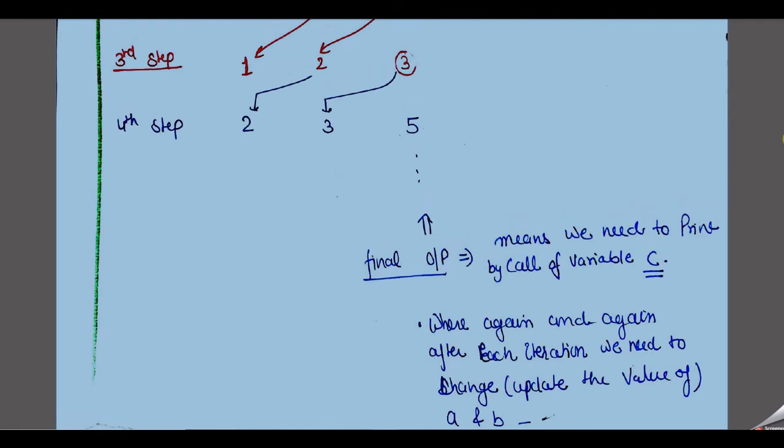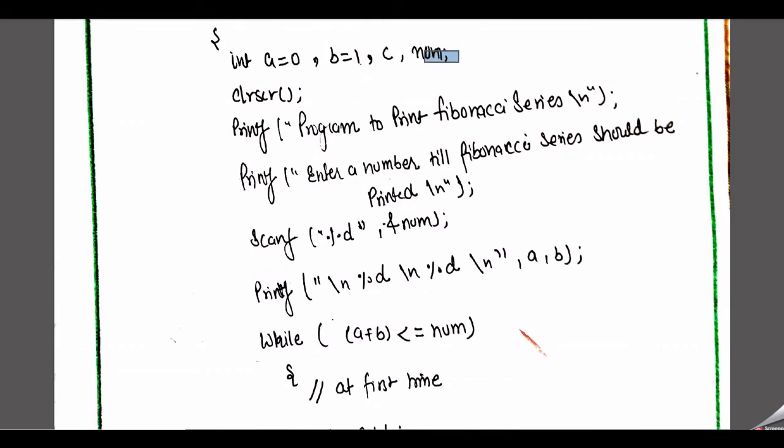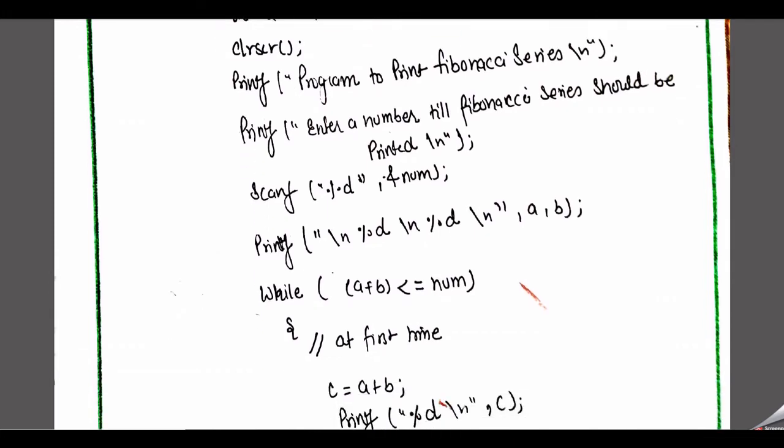Like here we can check it again. Say we want to print the series up to 5. Now the values of A and B are 2 and 3. So we need to check whether 2 plus 3 is less than or equal to 5 or not. If yes, then we go through the loop. If not, then we just come out of the loop. Okay. So here, first of all, the number basically depends on our task. If this limitation is mentioned in the given question, then good. If not mentioned, it totally depends on the user or on you.